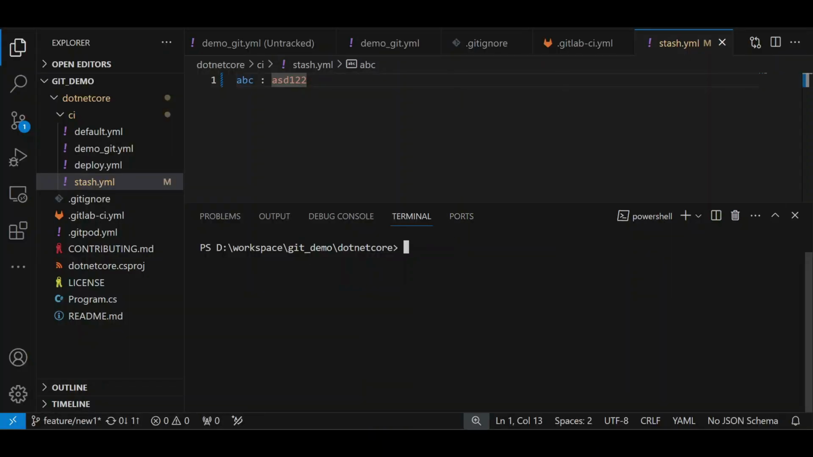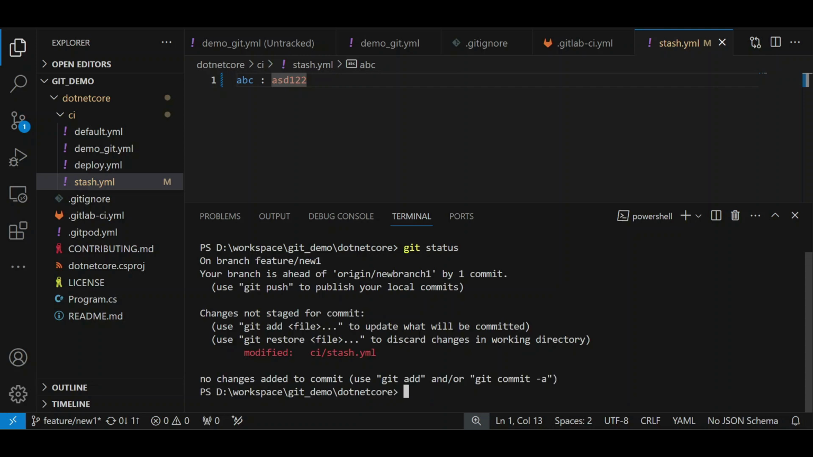So let's consider you are currently on feature branch new. So if we run git status, you can see we have modified this file ca stash.yaml. We have modified this file, but we don't want to check in or commit these changes